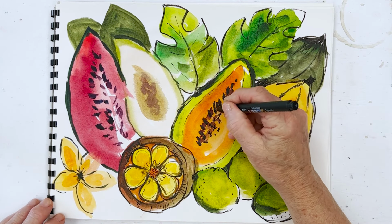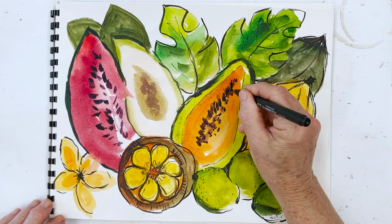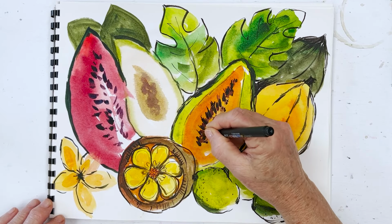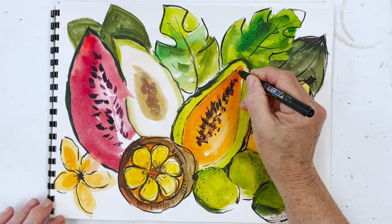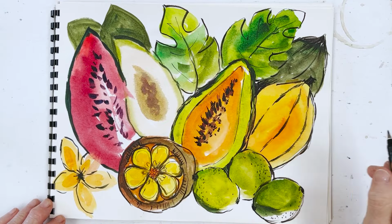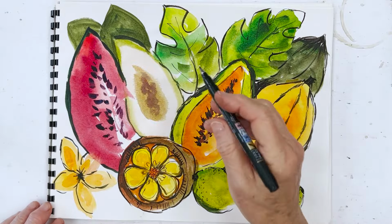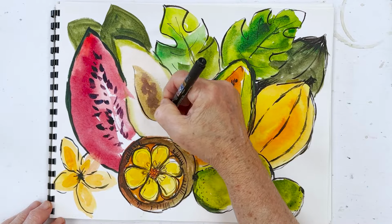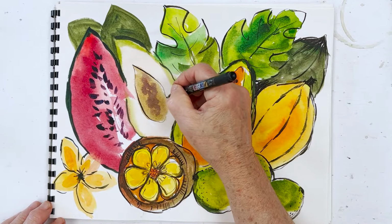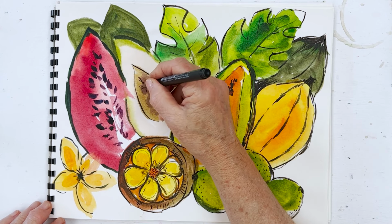This one here has sort of stuff coming out like that. I don't know what that is. Let's go around the centre of this one. And we'll just